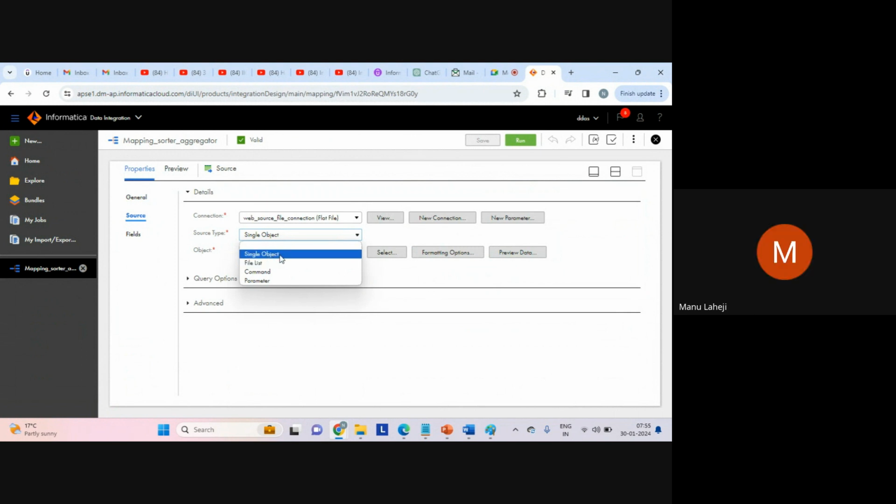We just focus on a single object only. But in future, I'm going to cover file list. You can ask the question why we have not covered it yet, right? The reason is